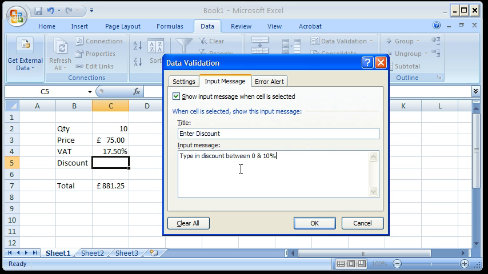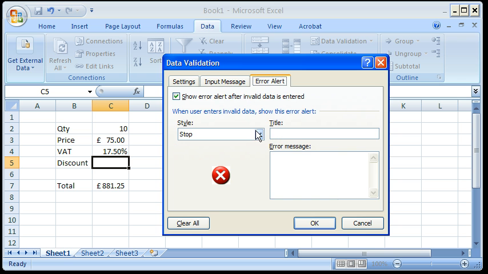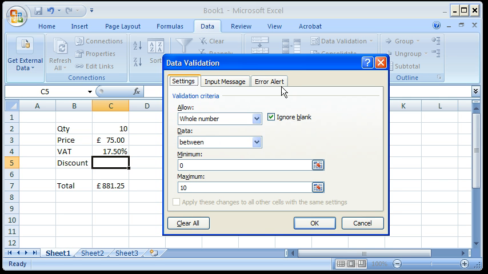You can't link it to the actual values, unfortunately, on the settings tab, which is a shame. Error alert. Error. You gave the wrong amount. So once you've got all that sorted, got the three settings there, click OK,